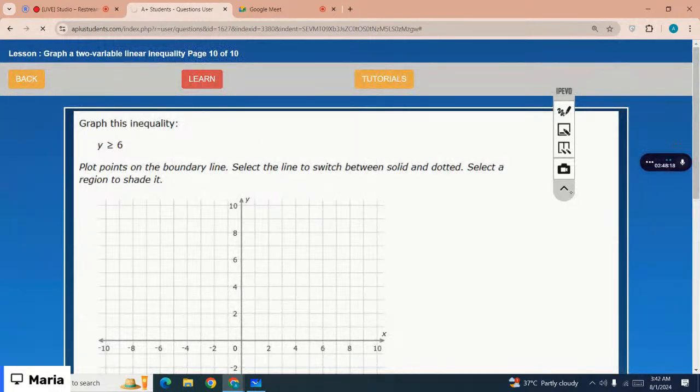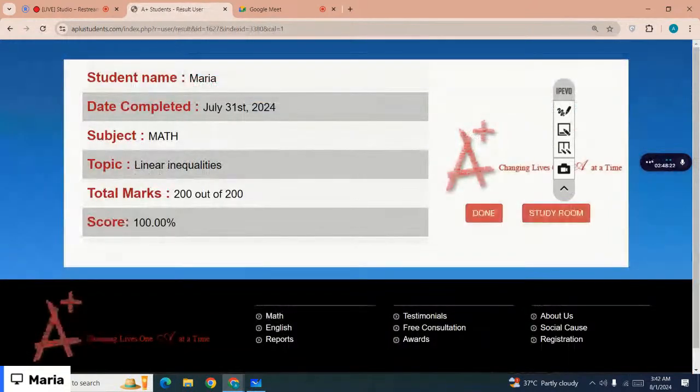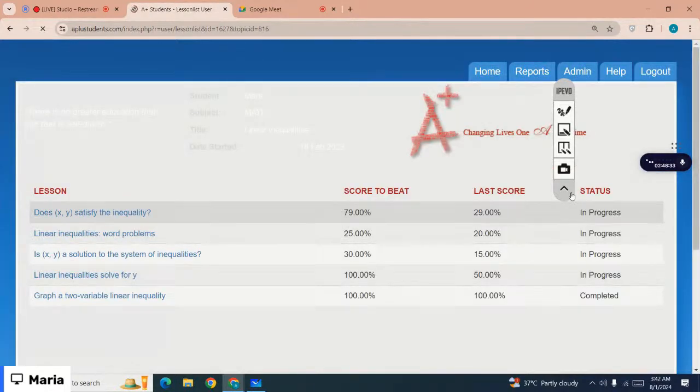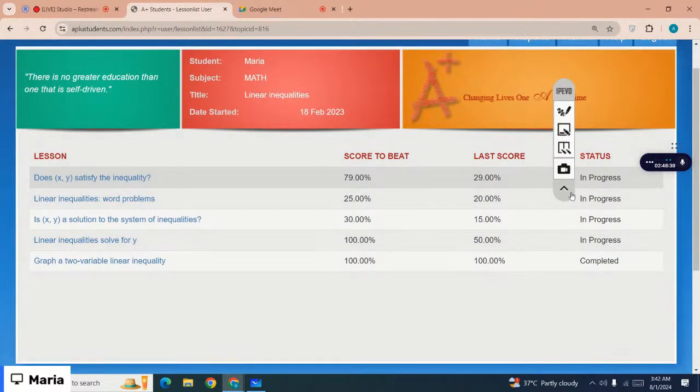Okay, we are done with the lesson. We were working on grade 9 math. The chapter we were working on is linear inequalities. The lessons we have covered today are: does a point satisfy a solution to the system of inequalities, linear inequalities solve for y, and graph a two variable linear inequality, right? So please make sure